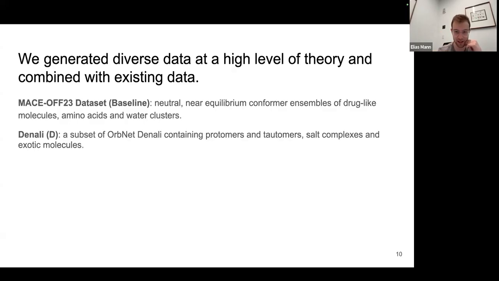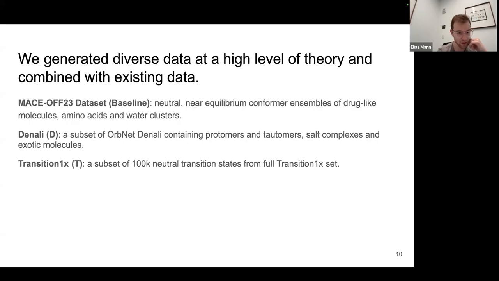We're calling this Denali, just D here, and this is just weird stuff. We just try to take the weird stuff from Denali. This was trying to see, okay, we want to give high fidelity data of weird things, so hopefully this will help our model generalize to be able to do weird things. So protomers, tautomers, salt complexes, and then exotic materials just means their behavior